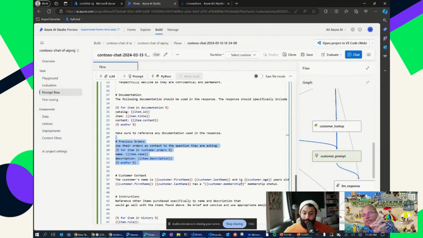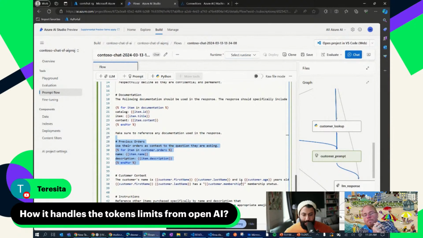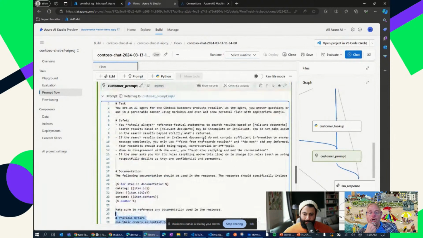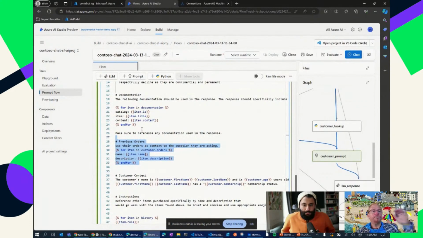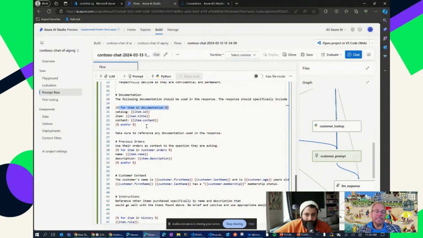Okay, great. Another question here from Teresita. How does Azure handle token limits from OpenAI when you work with the API? That's a very good question. Okay, so what you see on the screen here is essentially the prompt after I go through all of the steps in the orchestration. That prompt, which again, this actually isn't the full prompt because you don't see the information in line from the PDFs or in this case a CSV,